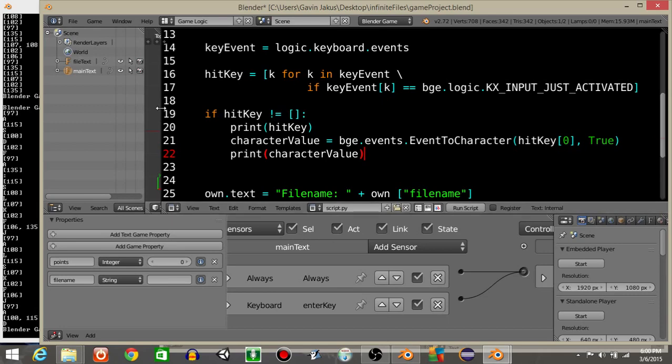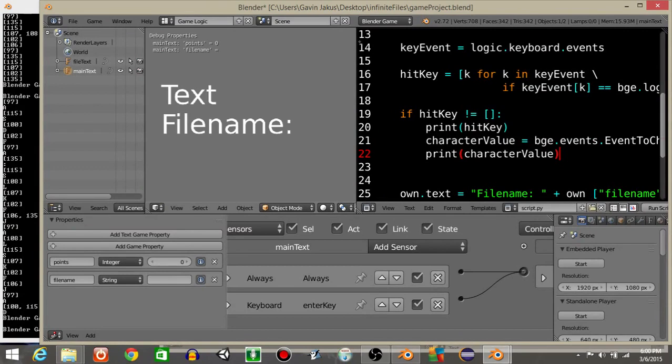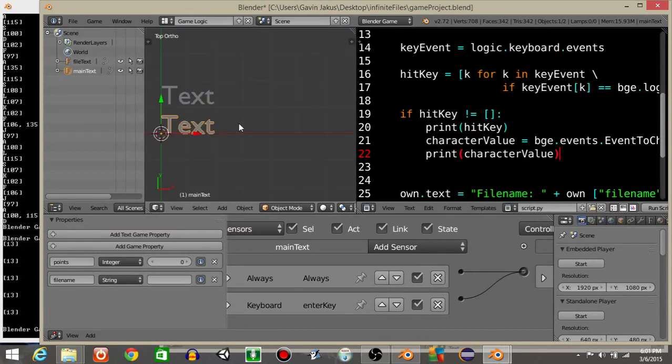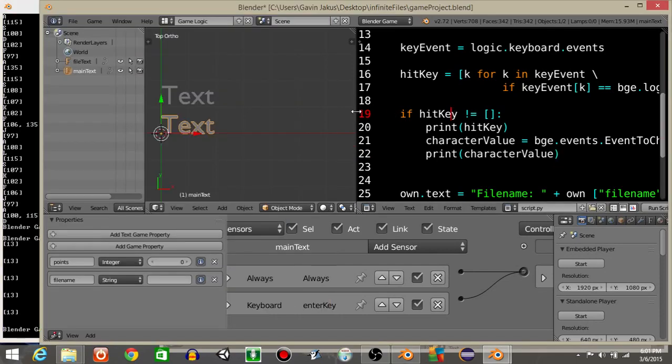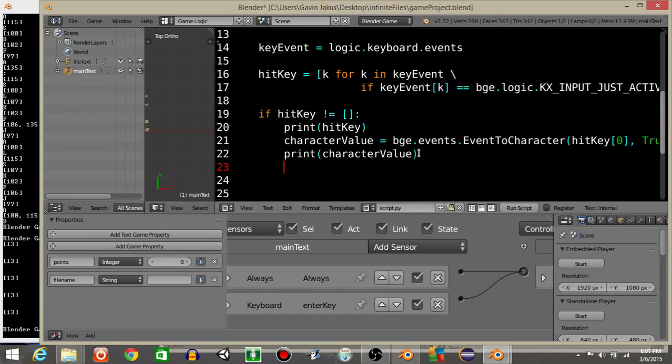Now, one thing I want to show you right here is, let's say that we just press the enter key. So let's say I hit P and hit the enter key a couple of times. You'll see that this is 13 and it puts a space in between. What this is actually doing is going on to the next line whenever we hit the enter key, because enter is essentially equal to the new line character. And since we don't actually want it to go to a new line, because that'll mess up what's going to happen when we type it,